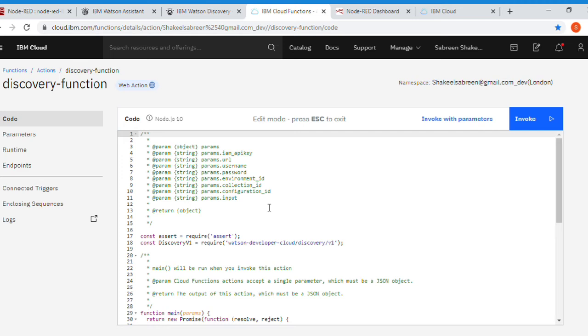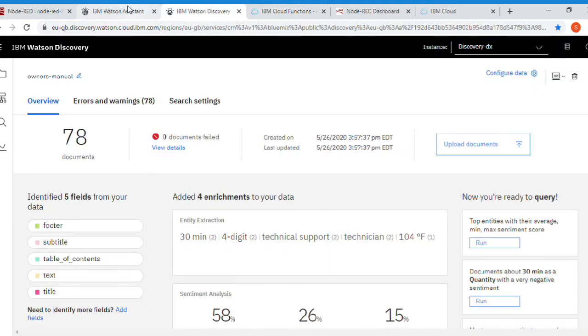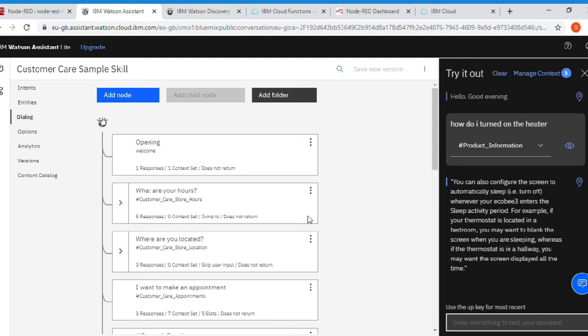Now to use this functionality on the assistant part, we need something else, known as webhooks. I will show you where webhooks are. Yeah, just like here.